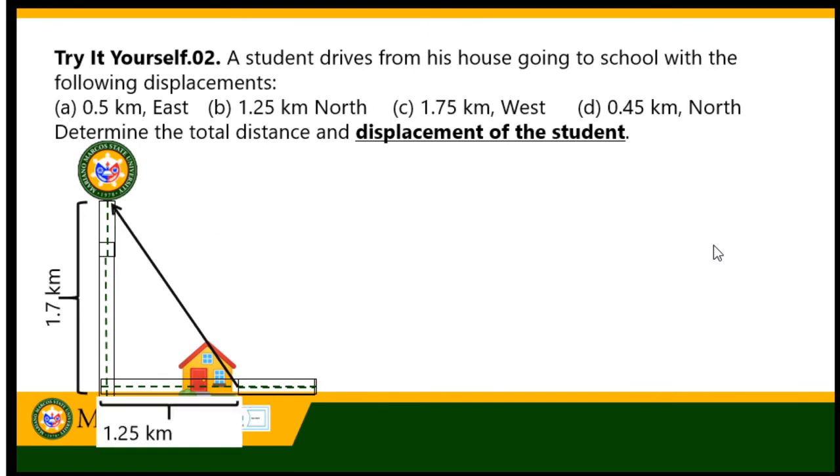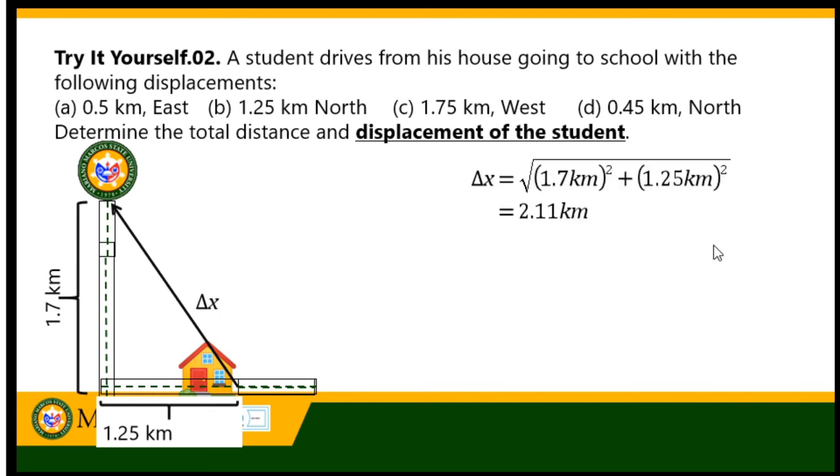We have now the sum of its components, so by applying the Pythagorean theorem, we can solve the magnitude of the displacement, that is equal to the square root of 1.7 kilometers squared plus 1.25 kilometers squared, which is equal to 2.11 kilometers. And using the tangent identity for the angle, that is, theta is equal to the inverse tangent of 1.7 kilometers divided by 1.25 kilometers, which is